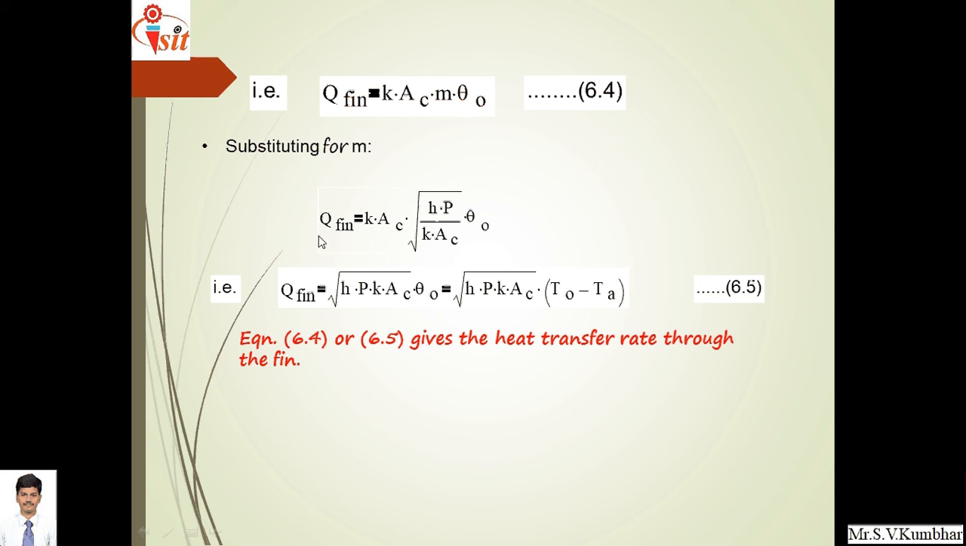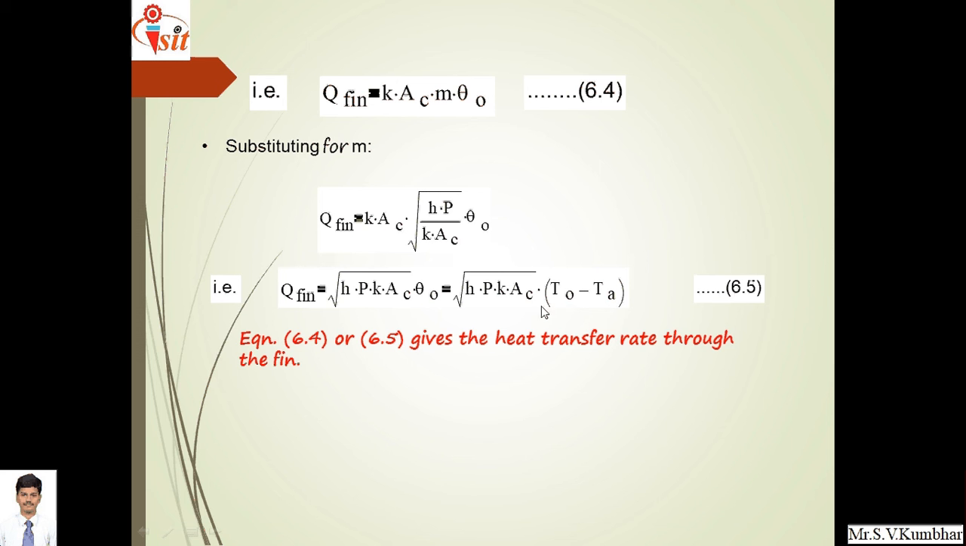So the amount of heat conducted or convected through an infinitely long fin, Q fin, is equal to K Ac into square root of hP upon K Ac into theta naught. Again theta naught is replaced by To minus Ta, and we simplify. K Ac and the square root of K Ac get cancelled, and the amount of heat transfer through an infinitely long fin is given as square root of hP K Ac, that is cross sectional area, into To minus Ta,